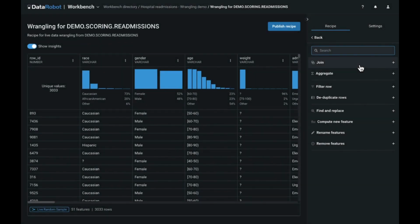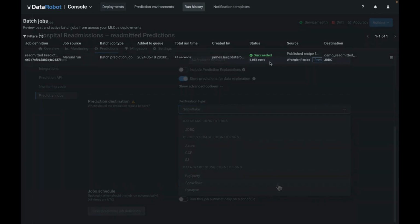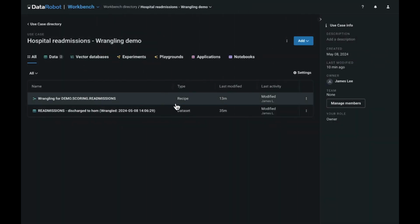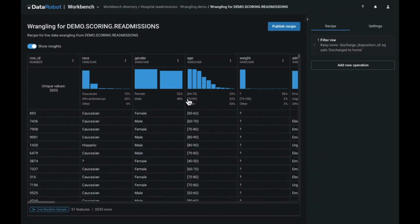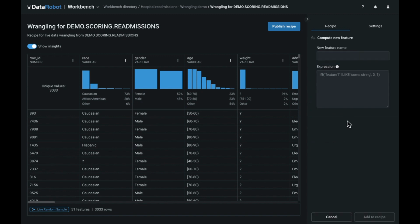In DataRobot NextGen, you can now bring your inference data prep into prediction jobs and perform push-down data prep at scale. Starting in a Workbench use case, here is a recipe prepared earlier from a Snowflake dataset. Use data wrangling recipes to join tables, perform aggregations, and do feature engineering to prepare data for both model training